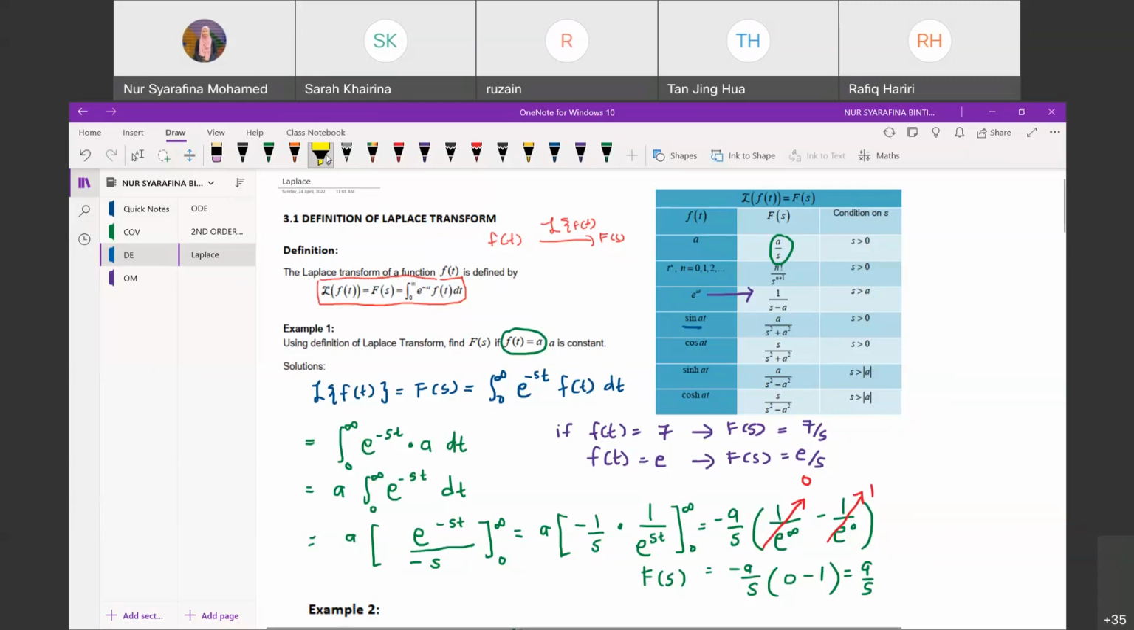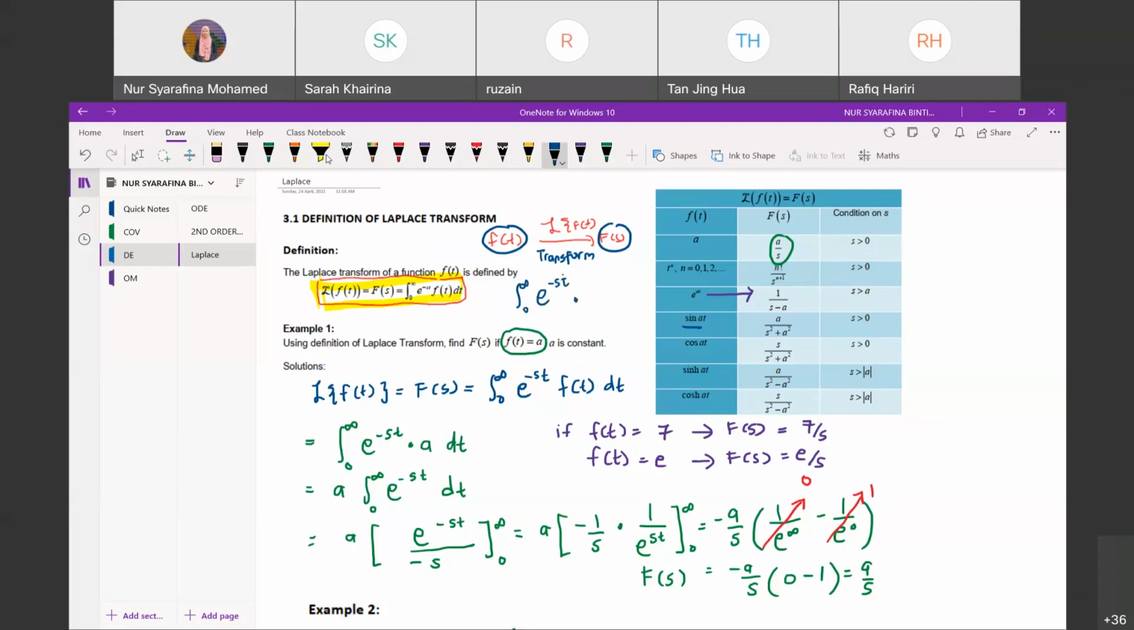Okay, so the Laplace transform is defined by this. How can you transform the Laplace transform? If you have f(t), you transform by using the Laplace transform to get F(s). Okay, this is how you transform. So the Laplace transform of f(t) is given by F(s), defined by the integral from 0 to infinity of e^(-st)